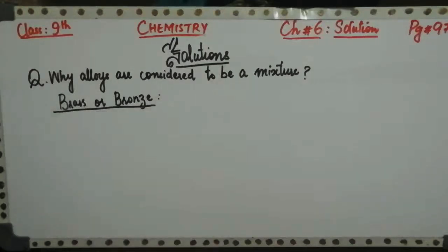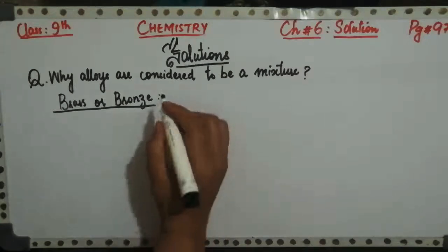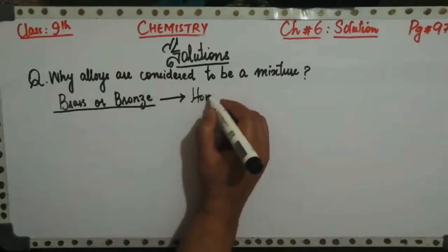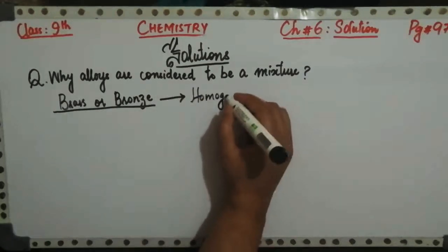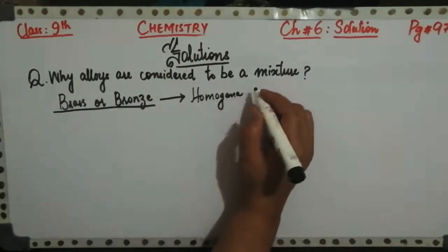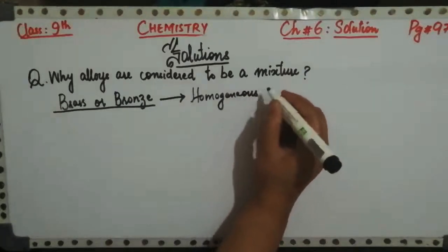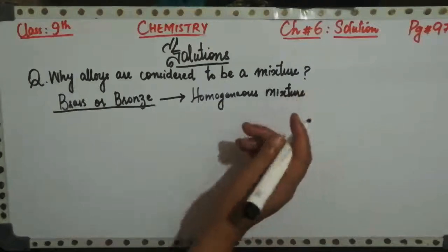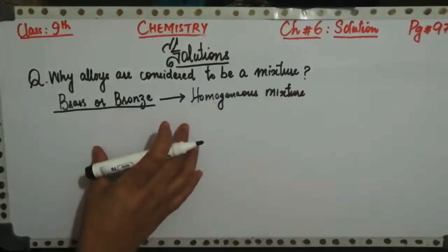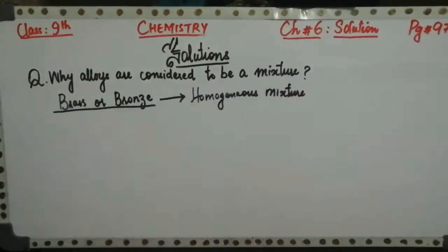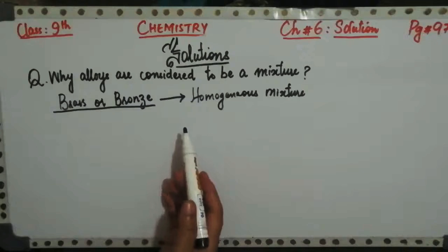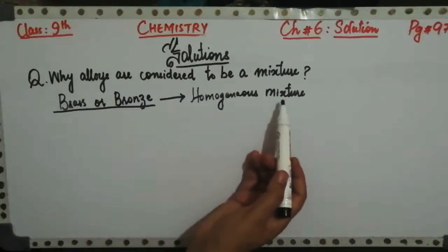So basically an alloy like brass or bronze is called a homogeneous mixture, or a type of solution. So why are they called a homogeneous mixture? This is the question which I am going to ask, and you have to write down the answer in this way, that although these cannot be separated by physical methods, because mostly the homogeneous mixtures